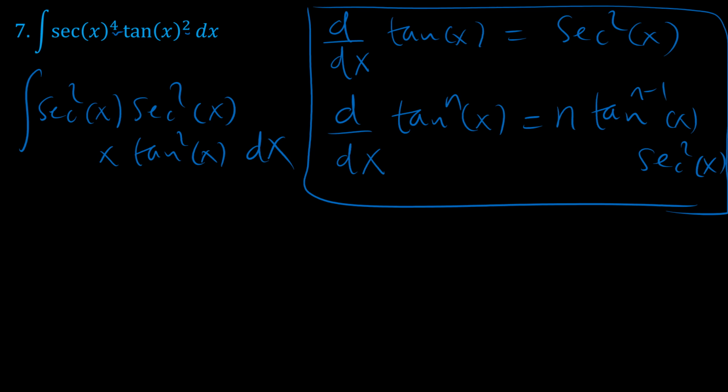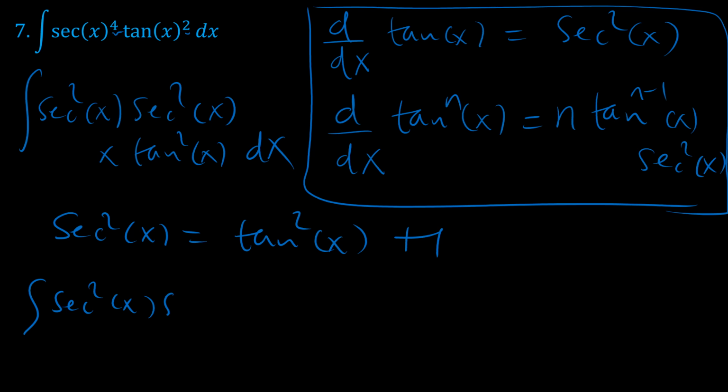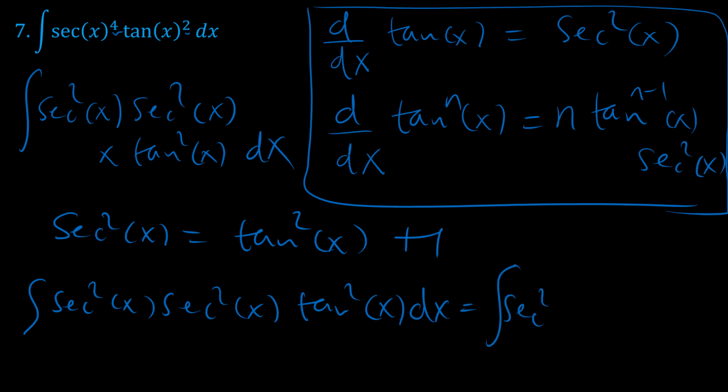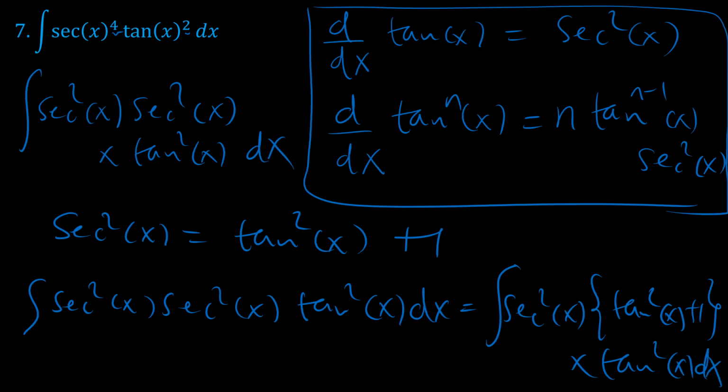Anyway, what is important to know is sec squared x is the same as tangent squared x plus 1. Therefore, sec squared x tangent squared x is equal to sec squared x in brackets tangent squared x plus 1 close bracket times tan squared x, like that. So since our integral has become